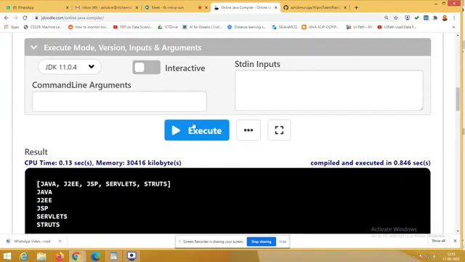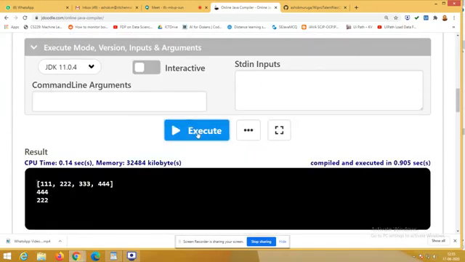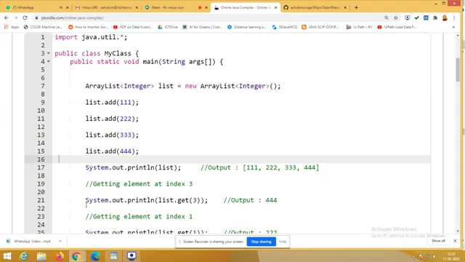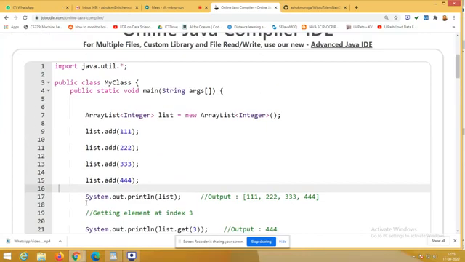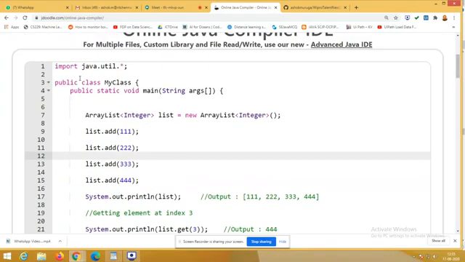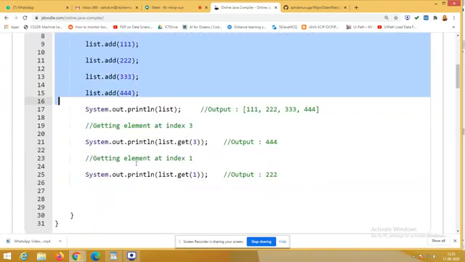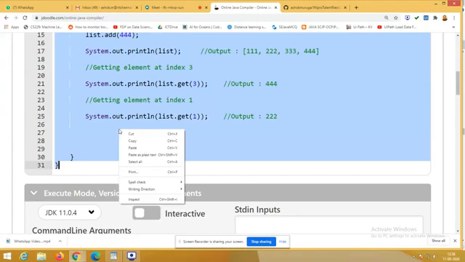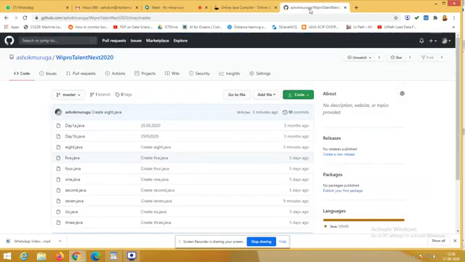So if I execute this, what will happen? It is ready to return me the position 0, 1, 2, 3. In the third position, I have 444. In the first position, I have 222. So using the get method, I am able to fetch the corresponding location. Now we can employ this method in our previous program and get what was asked by one of our classmates. Copy this, and this is our 9th program. Create a new file.